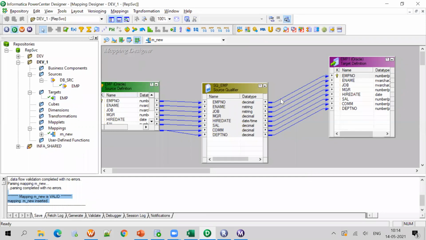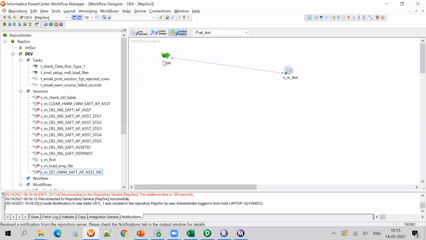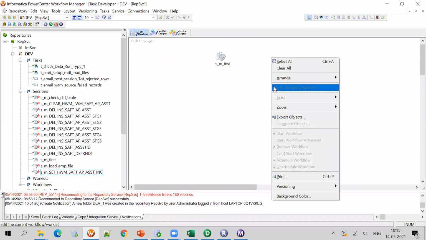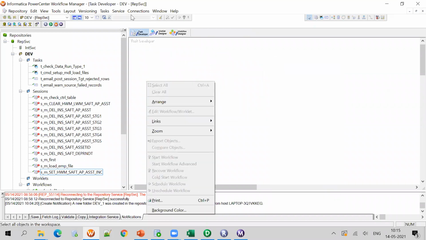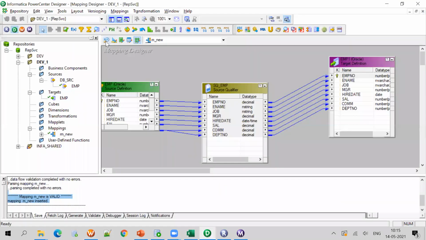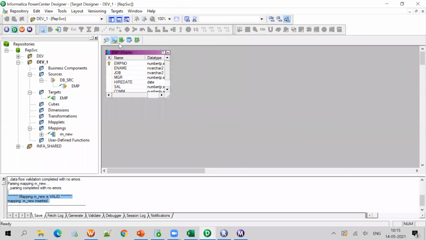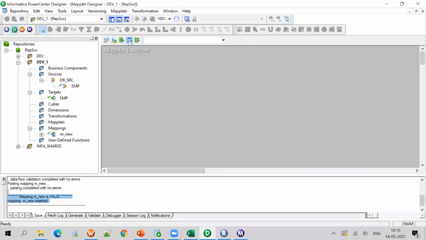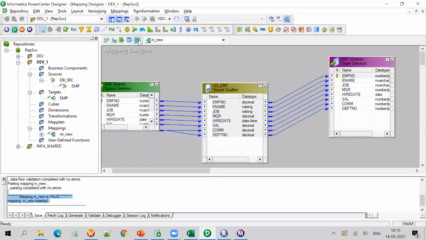Once the mapping is done, we need to create a session or a workflow. I'm going to this one. First, I'm creating a session. As I said, in the designer we have source analyzer, target designer, transformation developer, mapplet designer, mapping designer.